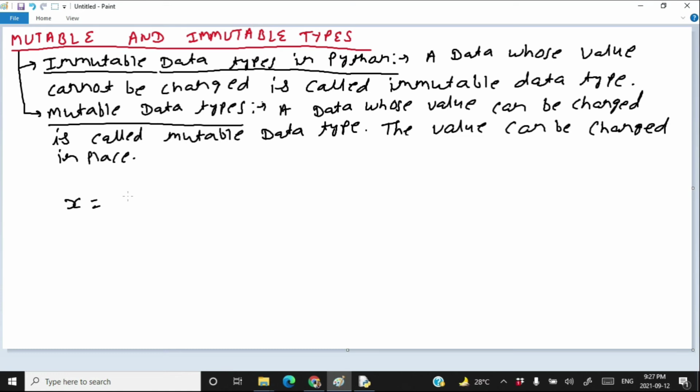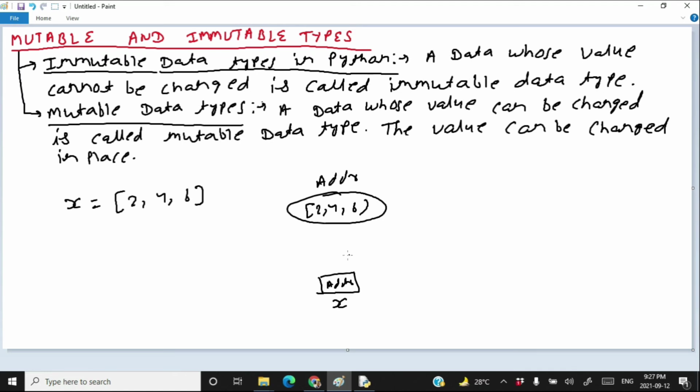Suppose that x is equal to [2, 4, 6]. Let's draw the complete diagram. We have x which contains an address. This is the address which has [2, 4, 6]. It is pointing to this one. It has object 2.